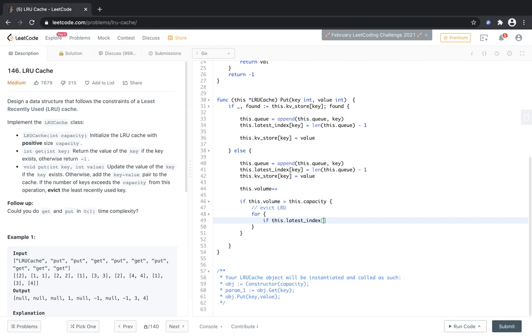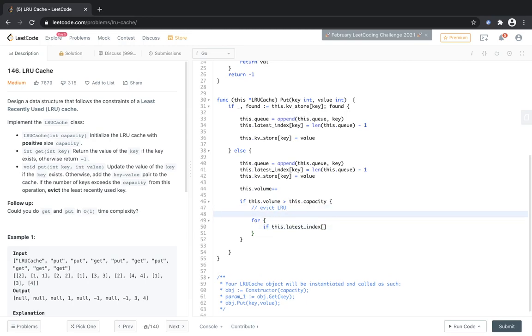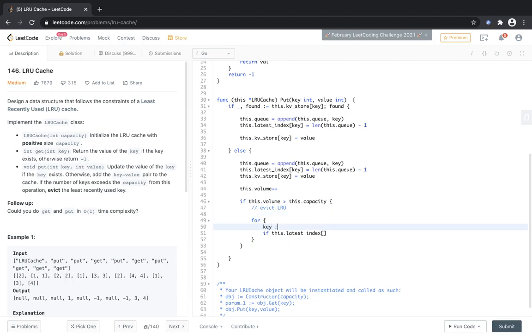The current value is going to be key, let's call it key 2. So the current value is going to be key 2, and what is this value? This value is this dot q of current index.